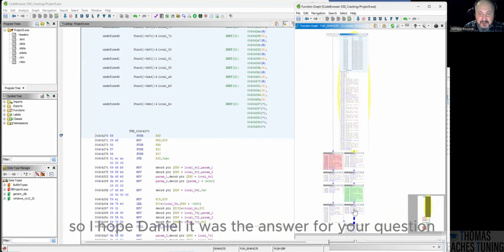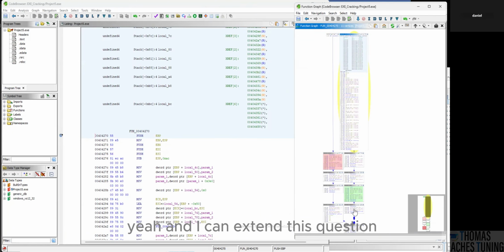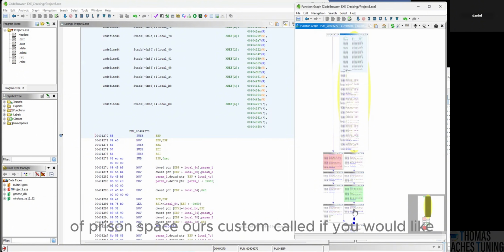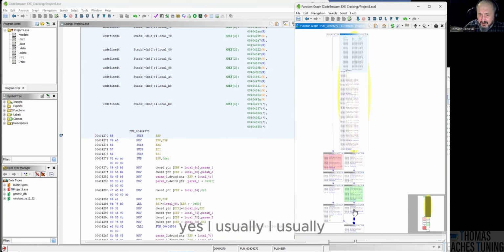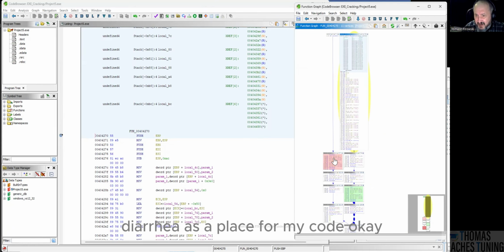So I hope, Daniel, it was the answer to your question. Yeah, and I can extend this question. When we have said the old code we should change to NOP, then in the case of the ECU, we are getting some free space for our custom code if we would like. Yes, I usually use such orphaned areas as a place for my code,